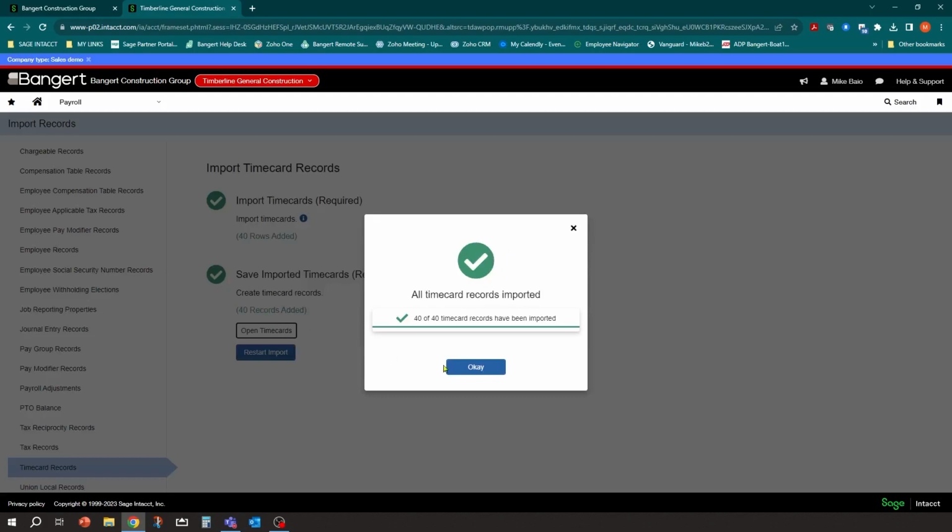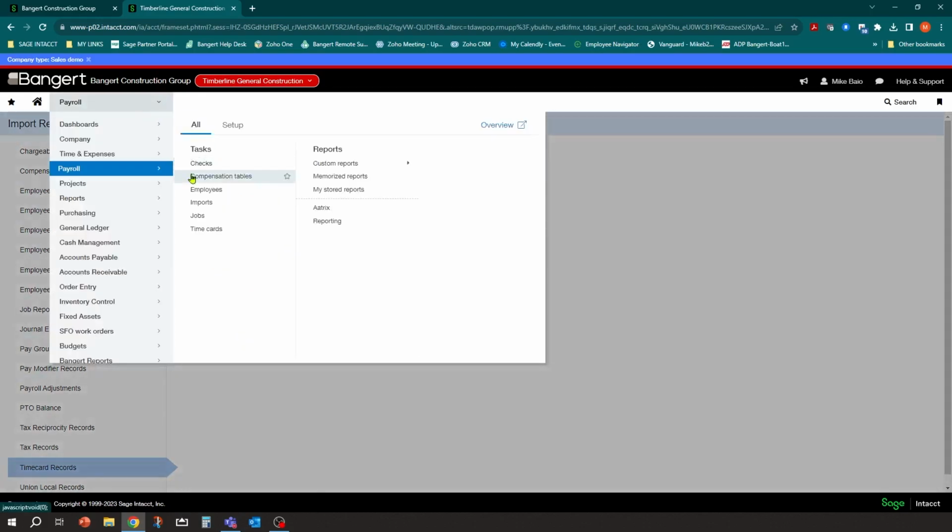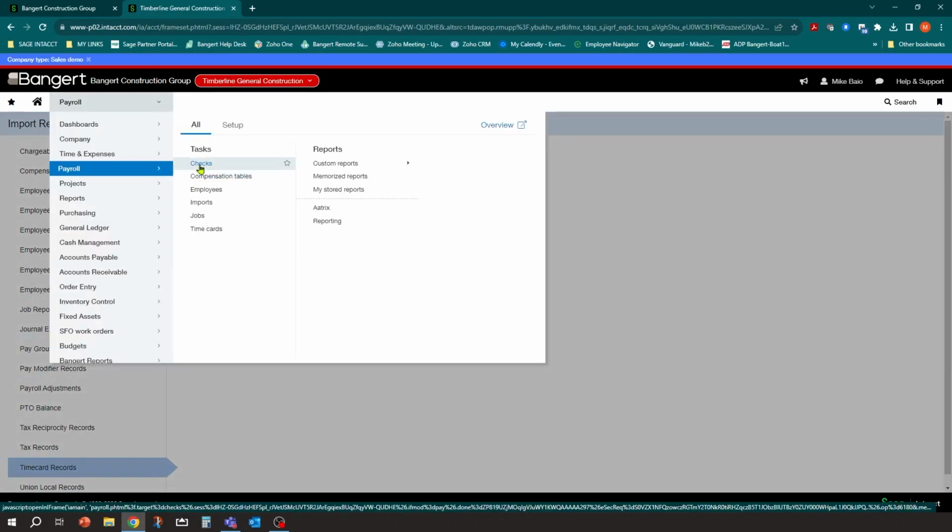Okay, so this comes in handy if you want to import time just through a spreadsheet, or if you're using a third-party mobile app or something like that, time can import in automatically. So at that point then, now what happens is, and the one caveat here is, now you noticed where the send reporting data was.